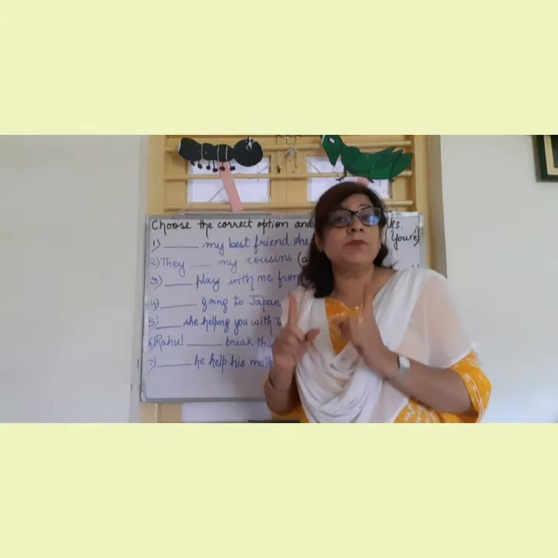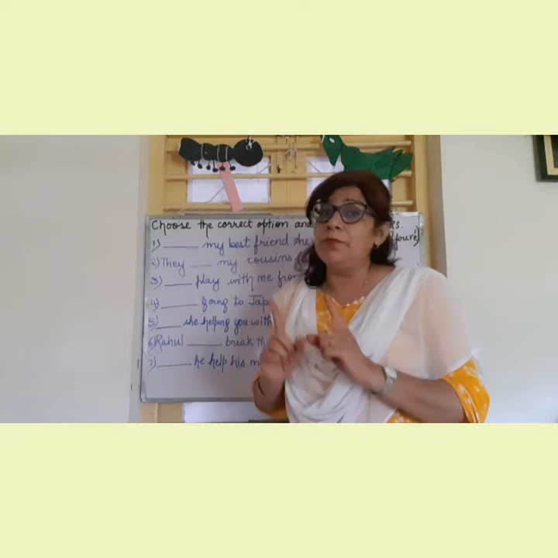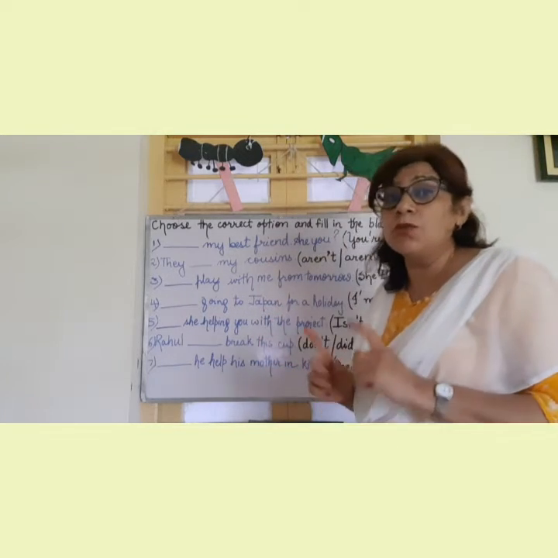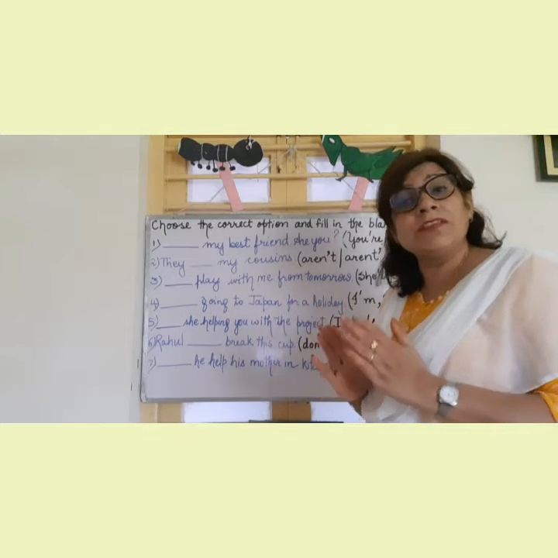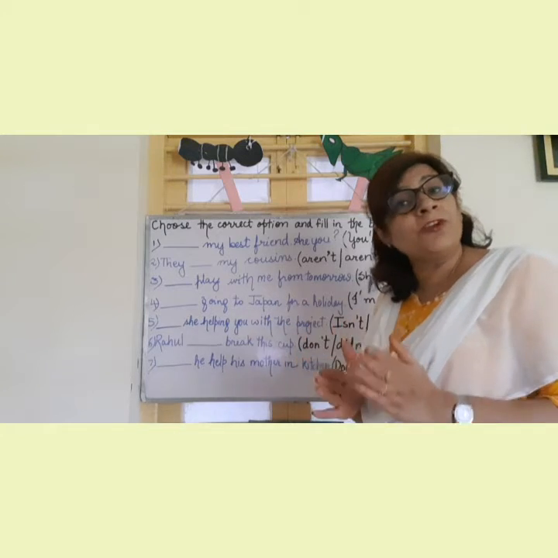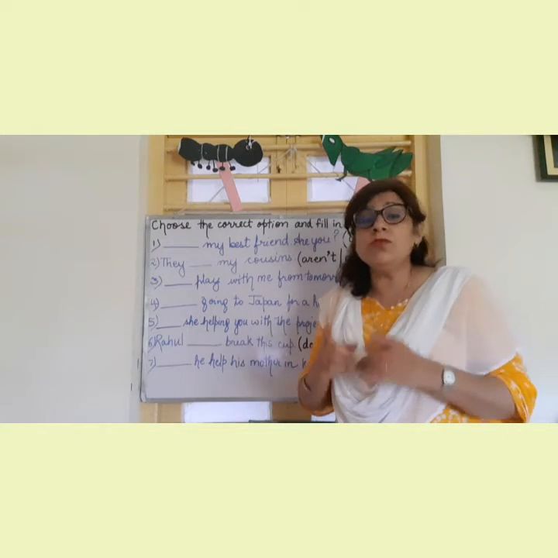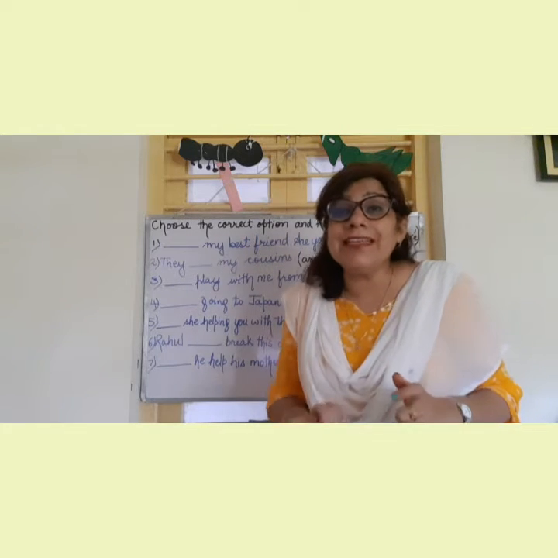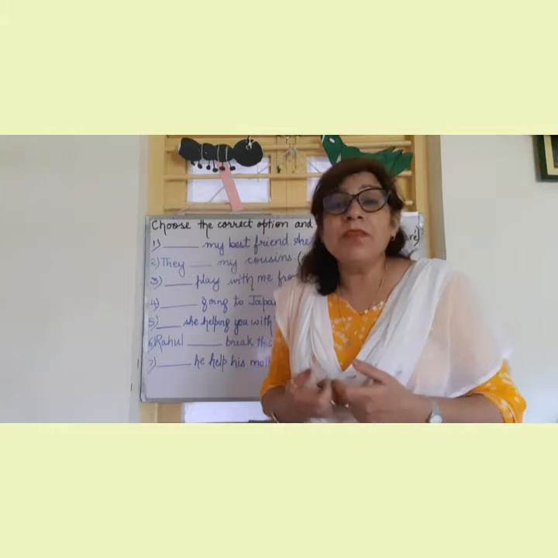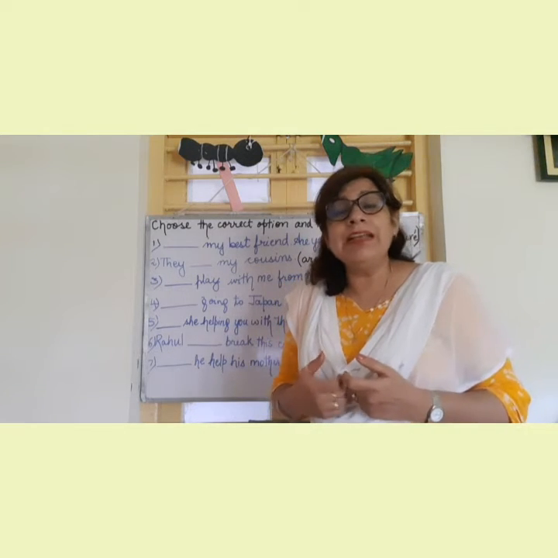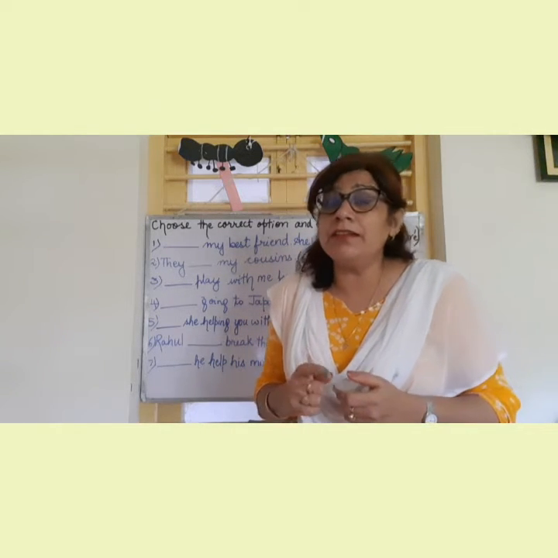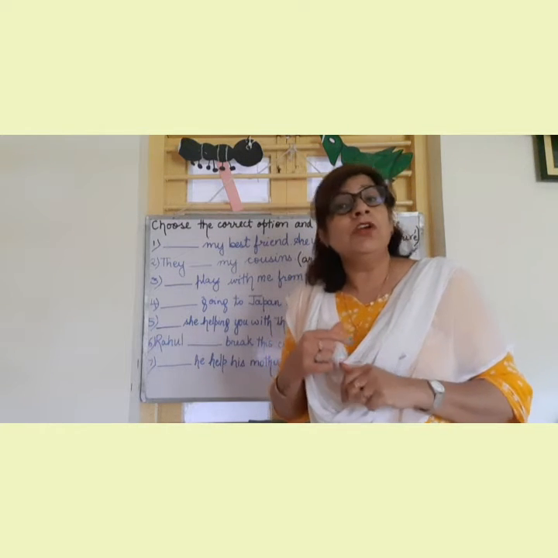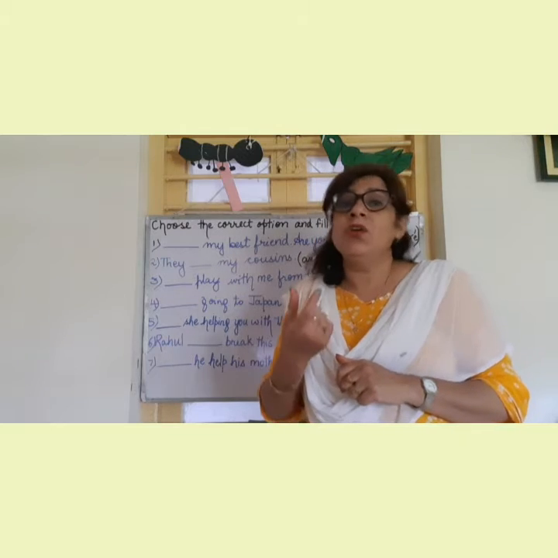And I told you the difference between an apostrophe and a comma. An apostrophe is used in contractions. When we are contracting the be word, the be word follows the noun or the pronoun. So we write the pronoun followed by the be word, and we skip a letter from the be word. Wherever we skip the letter, there we use the apostrophe and then write our contracted word.